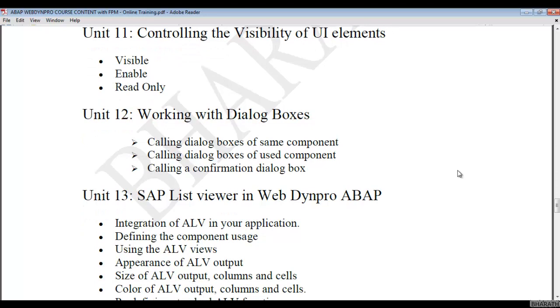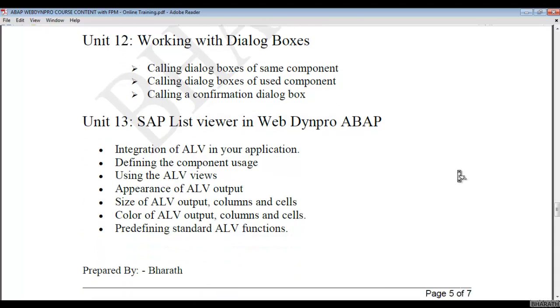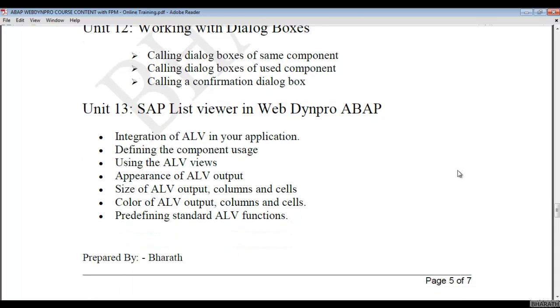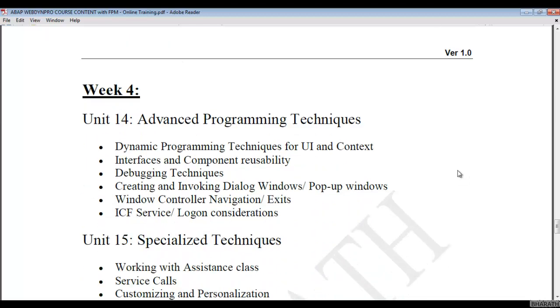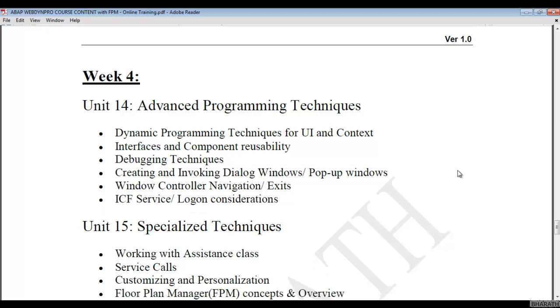And unit 13, SAP List Viewer, ALV. How to display an ALV table in a WebDynpro ABAP application, that we will see. Week 4, advanced programming techniques, dynamic programming, how to do it dynamically. And we will also see component reusability and debugging techniques.